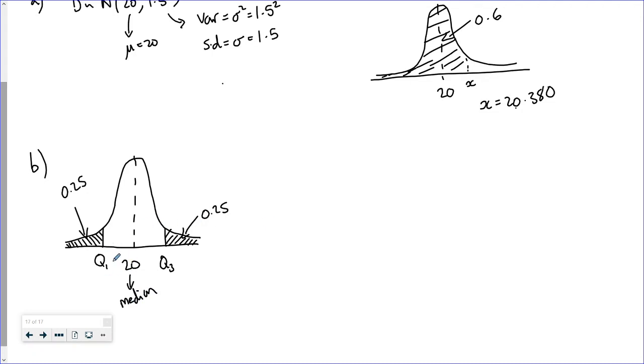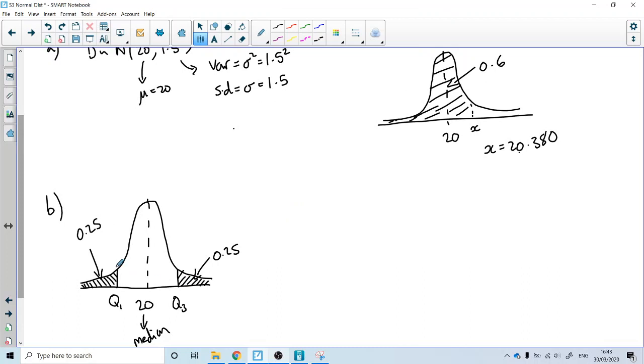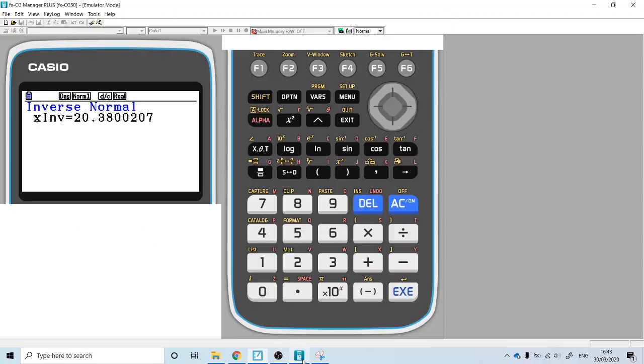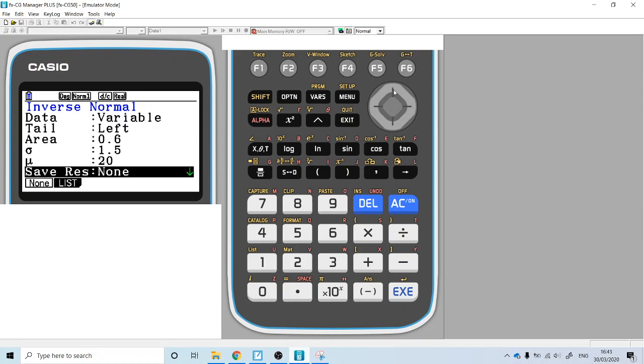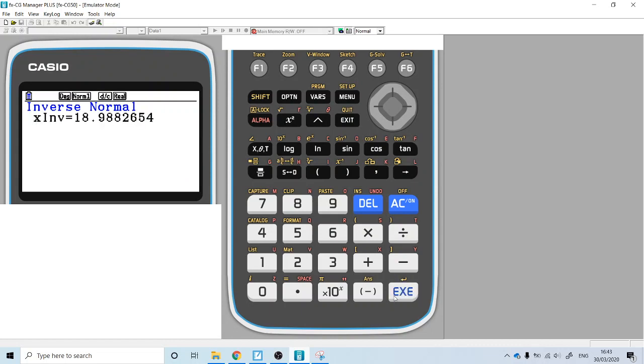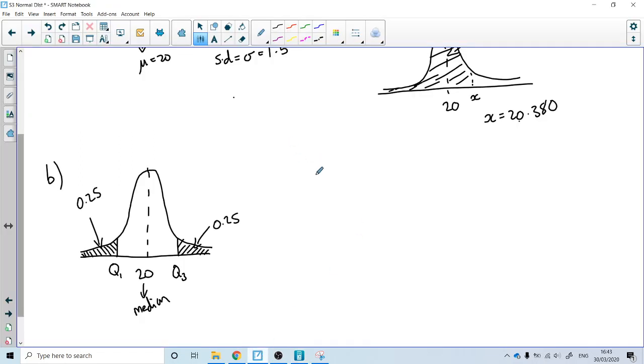So we just need to find out Q1 by using inverse normal. So we know the total probability to the left of our lower quartile is 0.25. So we're going to do inverse normal left and put our area as 0.25. Leave sigma and mu as they are because they haven't changed, and we get 18.988. So Q1 equals